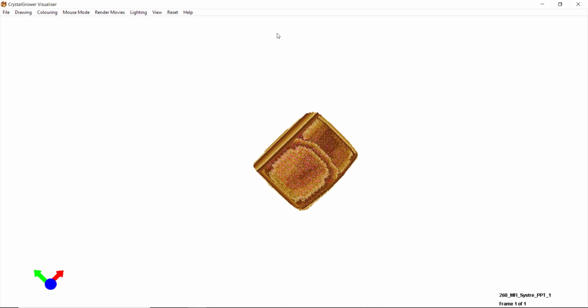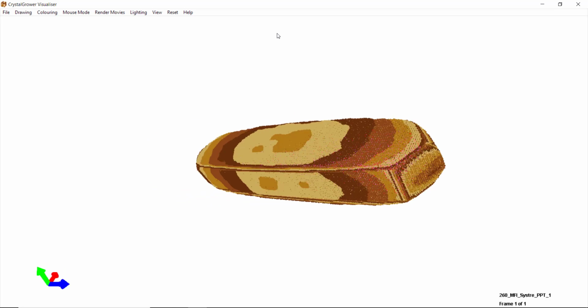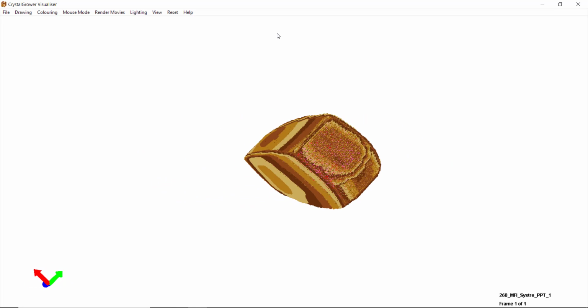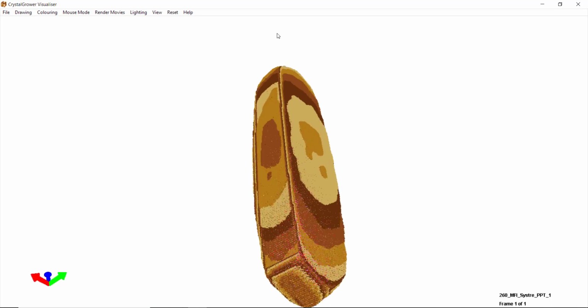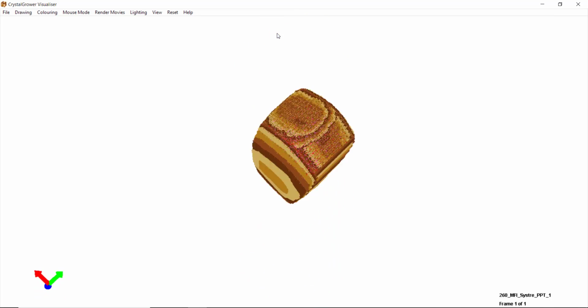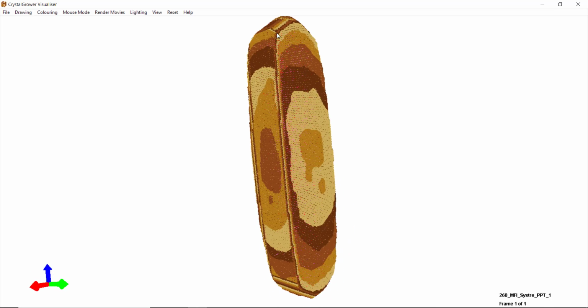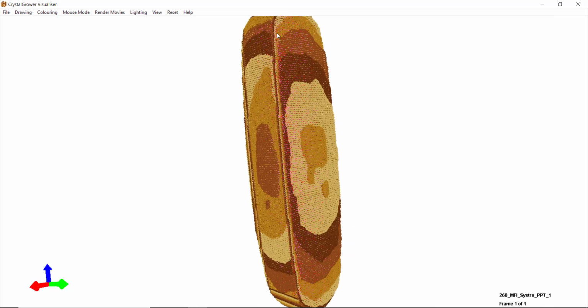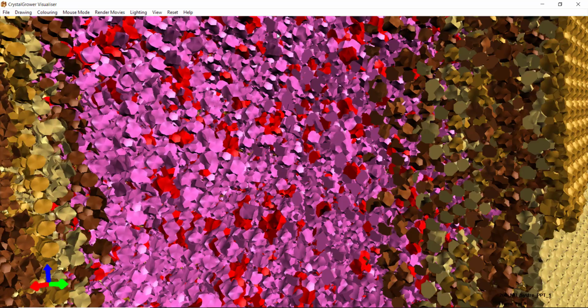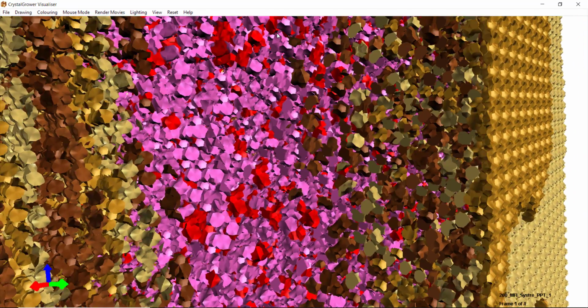This video is the first in a series showing you how to use our first-party visualization software, the CrystalGrower Visualiser. The CrystalGrower Visualiser is a custom code written to be used with CrystalGrower and is coded in C++ and OpenGL using calls to the Windows API. It lets you visualize the results from your CrystalGrower simulations and manipulate them and produce images and movies to use